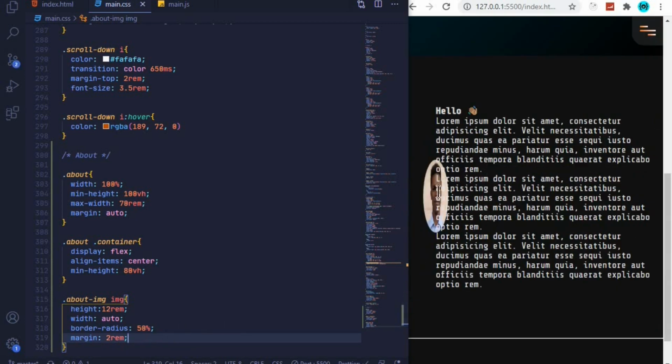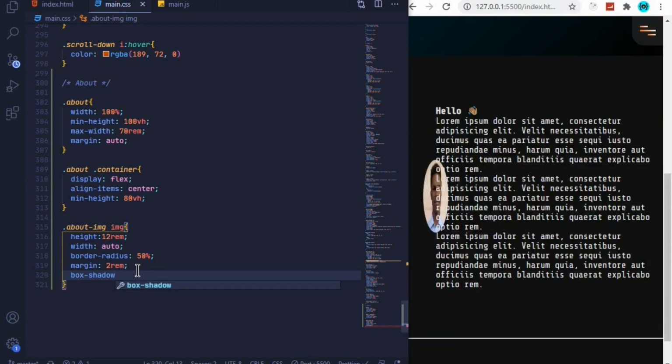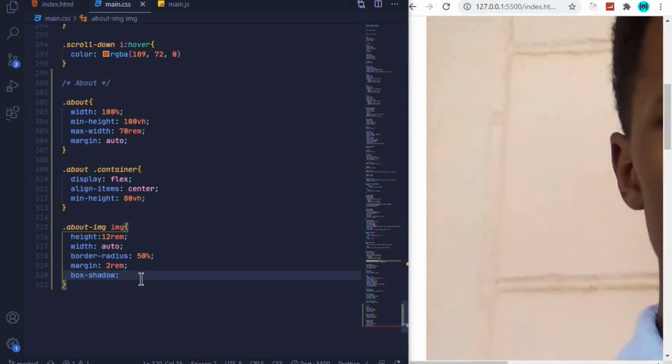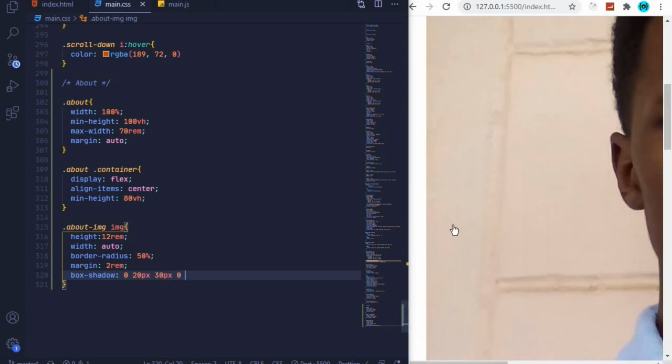So this will make the content overlap with the image, but don't worry, we'll fix that in a minute. But before we fix it, let's add a box shadow for the image. So box shadow, and we want it to go on the bottom. So this will be 0, and then bottom will now be 20px, and then you can see that we have a shadow. We will make it blurry by adding a blur of 30px, and the spread will be 0, and we'll set the color for our